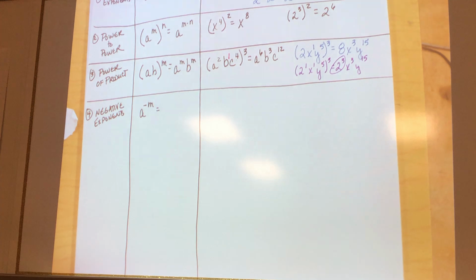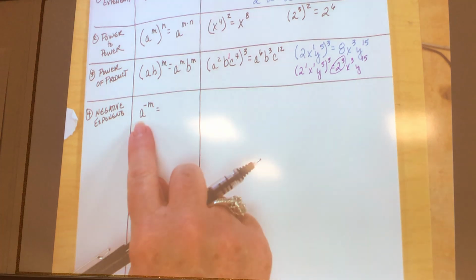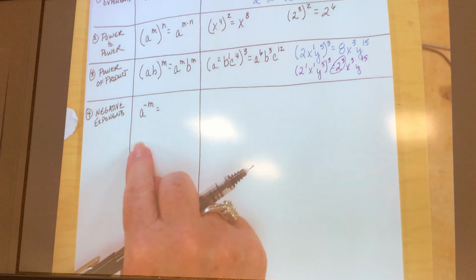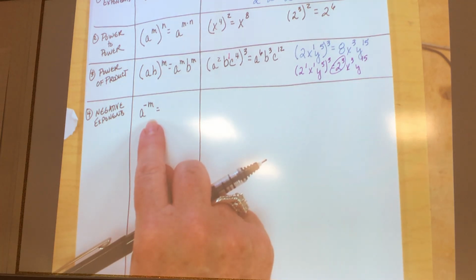All right, so here it's that little song. I like to move it, right? That's exactly right. You cannot, and we're going to write that in just a minute, but you move it. If it's on the top of the fraction, you move it to the bottom, and all it does is make your exponent positive. It doesn't change the sign of any kind of base. It only makes the exponent positive. If it's on the bottom of a fraction, you'll move it to the top, and that will make the exponent